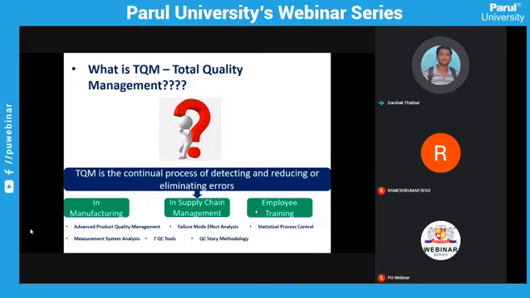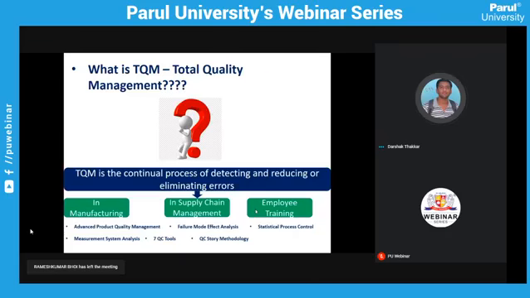For that, suppose we can take an example, in particular the toy manufacturing industry. Suppose our raw material is some plastic beads. Initially we have to check its incoming quality, right? Because if our raw material is wrong, definitely our manufacturing and our final product quality will be hampered. So this is supply chain management. It falls into supply chain management. So for that also there is a quality management system which takes care of incoming quality.